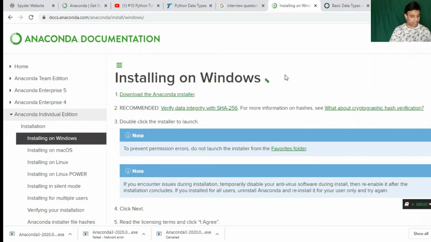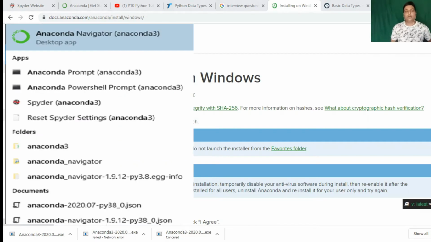I'll just show you that. See this Anaconda Navigator, just click over it and you will see the magic now.